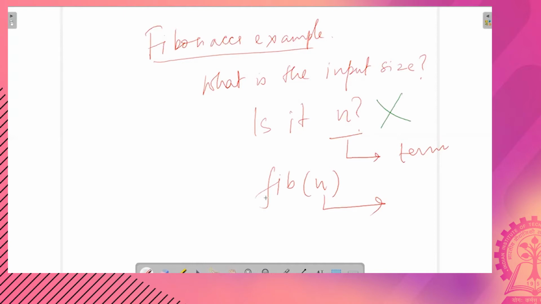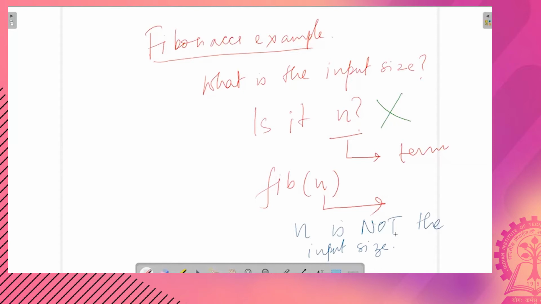So be very careful when you do such complexity analysis problems. You have to be very careful about what the input size is. Here n is not the input size because it is not referring to the size of any list or array which you are going to process.